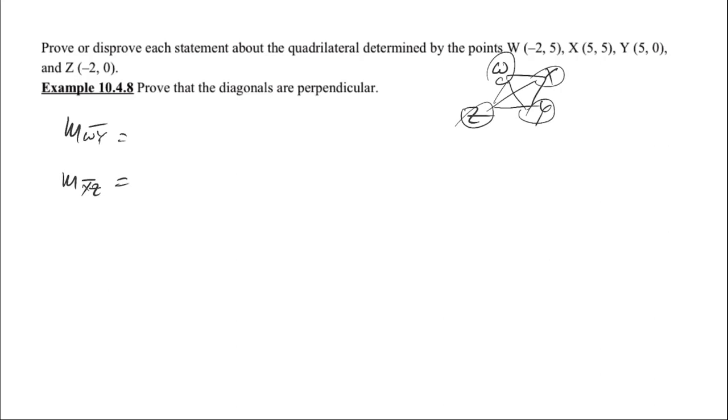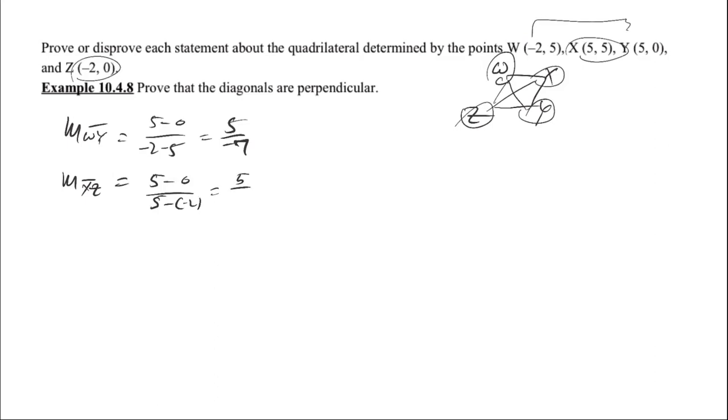WY is change in y, 5 minus 0, over change in x, negative 2 minus 5. 5 over negative 7. And XZ is change in y, 5 minus 0, over 5 minus negative 2, is 5/7, right? And then the product of these two